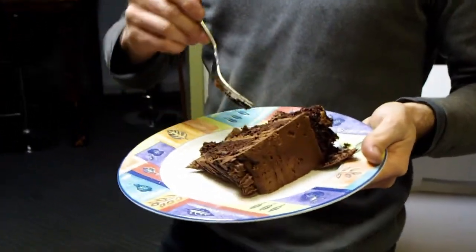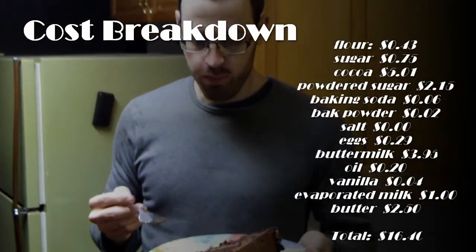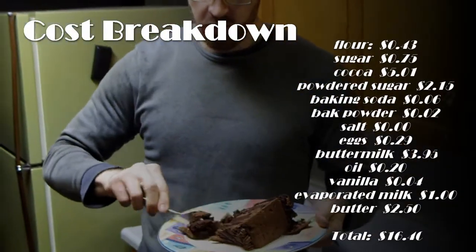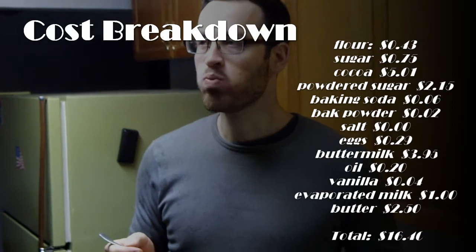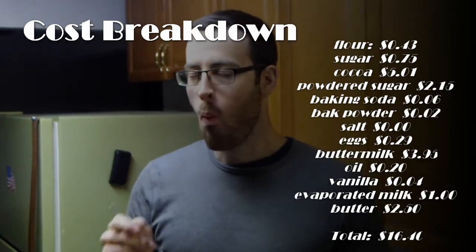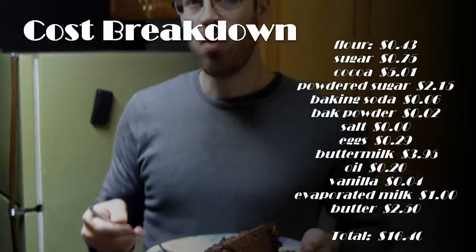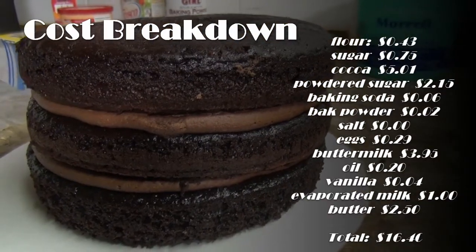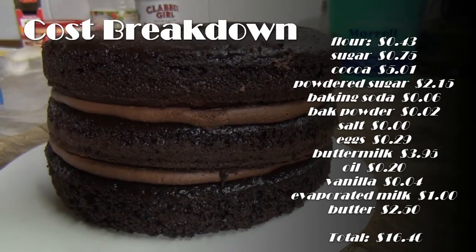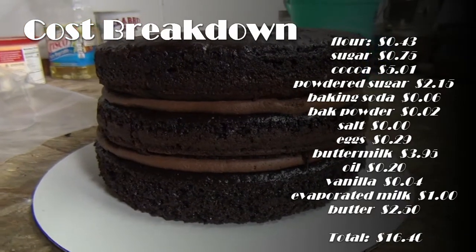Amazing. Without rousing endorsement, we're going into the cost breakdown. It looks like it's going to come out to 43 cents of flour, 75 cents of sugar, $5.01 of cocoa powder, $2.15 of powdered sugar, 6 cents of baking soda, 2 cents of baking powder, less than a penny worth of salt, 29 cents worth of eggs, $3.95 of buttermilk powder, 20 cents of oil, 4 cents of vanilla, $1 for 1 can of evaporated milk, and $2.50 of butter,